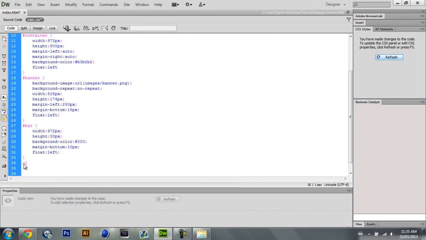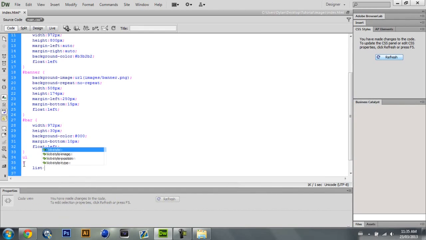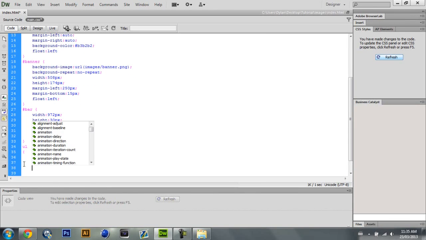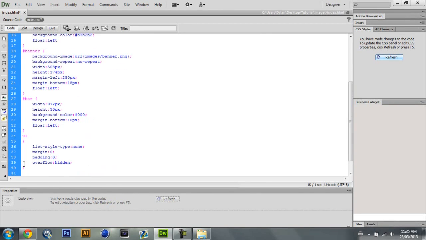You want to put UL and then enter, open curly bracket, and then enter again, and then you want to put list style type, and then put that to none, and then I'm going to put margin 0, and then padding 0, and then I'm going to put an overflow hidden, and you want to close it with the curly brace, and then you want to press enter again and